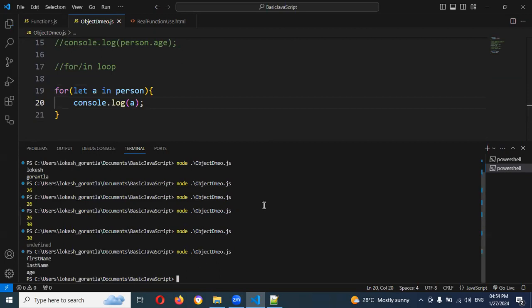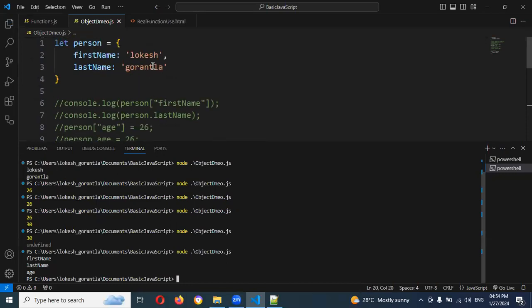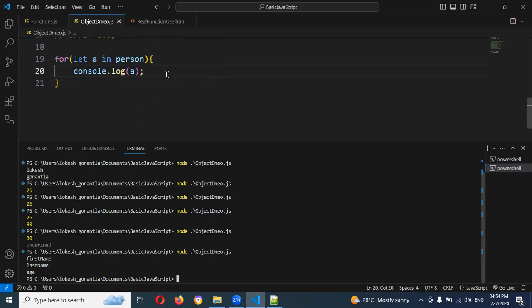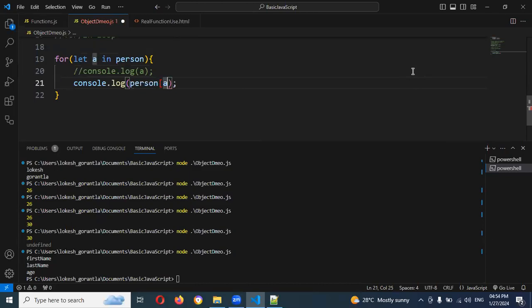Now see, first name, last name, age we are able to get, but where are the values, Lokesh, Gorantla and 30? How can we get them? Then we can use another small logic, because we are getting from the person object, and we can specify it like this inside the square brackets. Now if you run it,